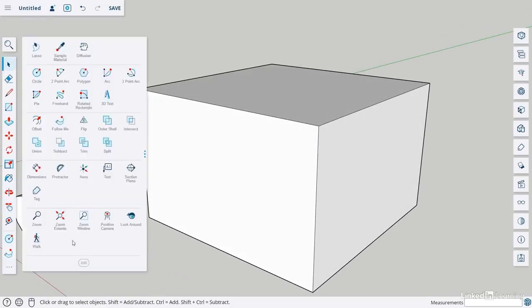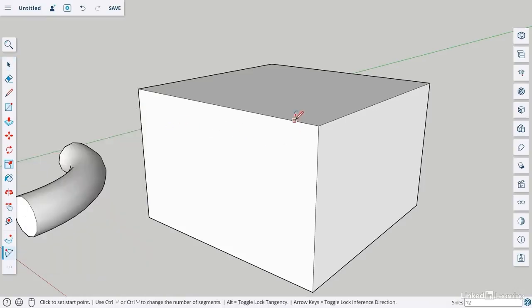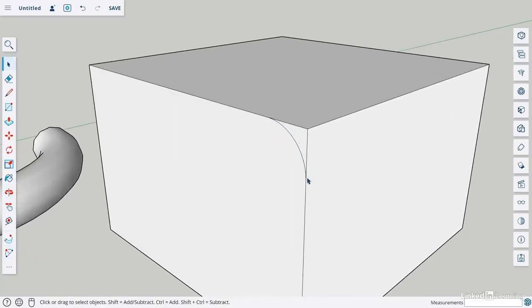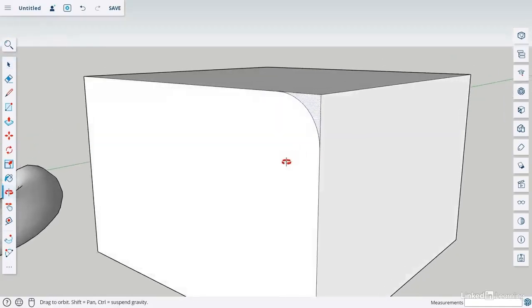So I'm going to use my arc tool. In this case, I'm going to use my 2-point arc, and that basically just draws between 2 points. So I'm going to snap to this edge, left click and drag, snap to this edge, and then once I get tangent to edge, you'll know that this is a perfect semicircle. So now once I have tangent to edge, you can see I have a nice shape here that I can